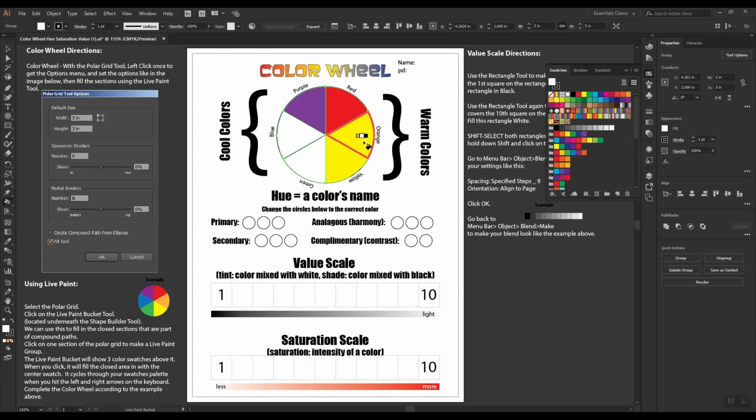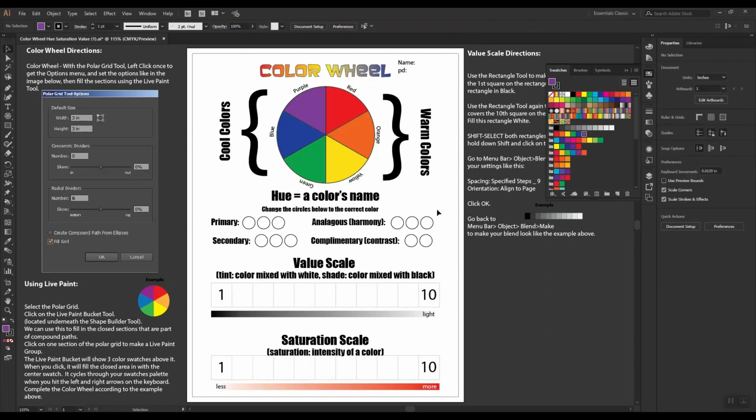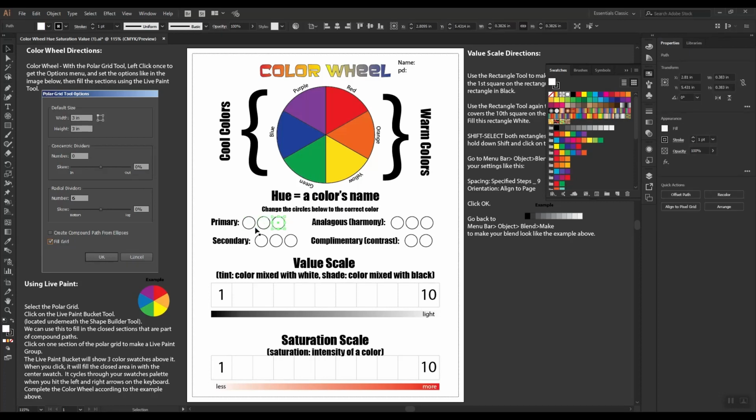I'll find that. I'm looking over at my swatches over here, and I really want to use these ones, the brights. So I'm going to use that for the red. And as you can see now, I'm in this folder for the brights, and it's going along. I've got the orange, which is here. Right is yellow. Right should be green, blue, and then that's a pretty decent purple. So now I have created the color wheel using the polar grid. Feel good about it. And now these are just regular fills, regular shapes,